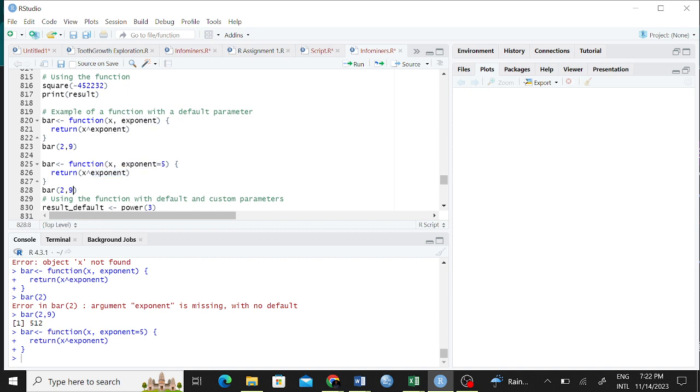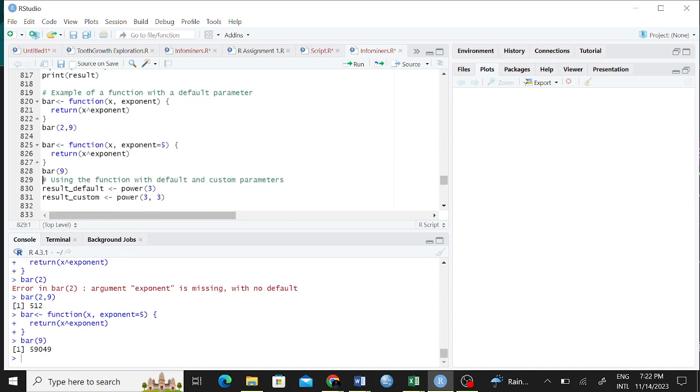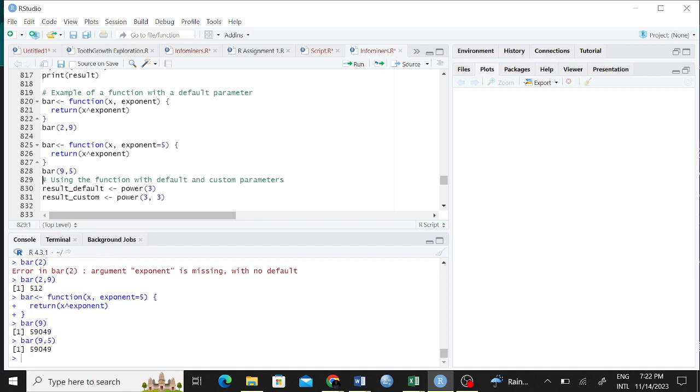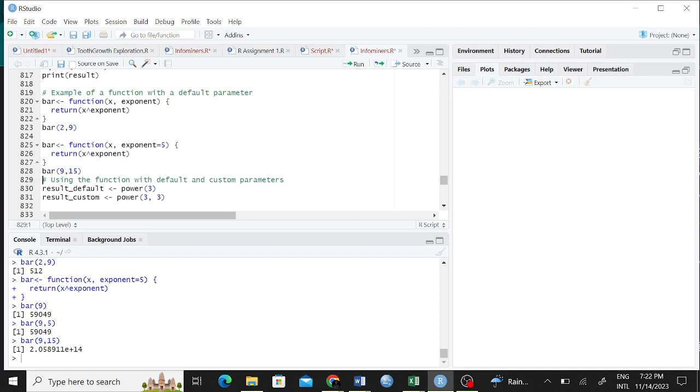Even if I just write a 9 alone, it already knows. Let's run it and see. It has already taken care of the 5 here. It knows what is supposed to be done: return x raised to the power of exponent, but it knows already that the exponent is 5. So we don't have to write 9 raised to power 5. We could change it to 15 and you'll see things like that.